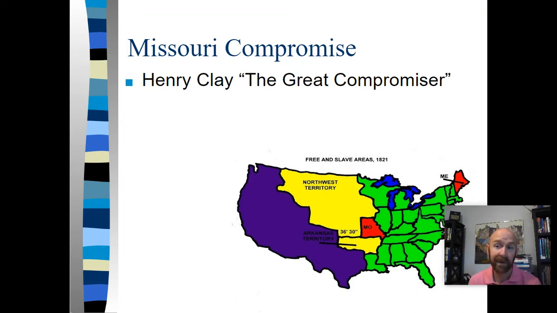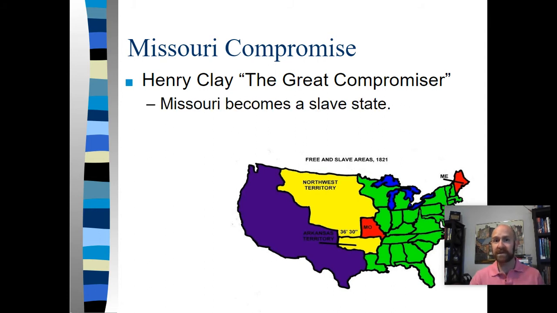And so what Henry Clay essentially says is, look, we can make that territory that people are using, but it's not clamoring for statehood or anything. Let's bring that territory in as a state, which will be a free state, and then bring Missouri in as a slave state, and then we still have a balance in the Senate. And so everybody kind of thinks, okay, that's a good solution.